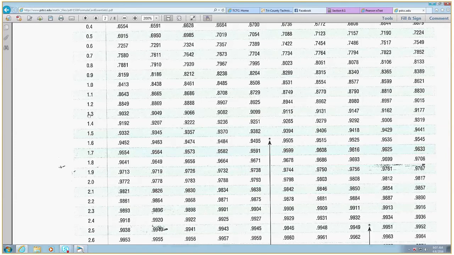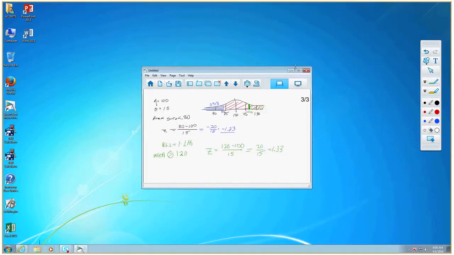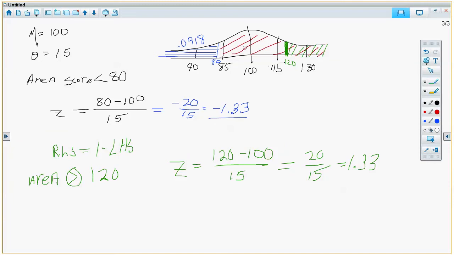So that's 1.3, then 0, 1, 2, 3: 0.9082. But that 0.9082 is not what you want. That's the left-hand side. So to get this green area, we got to take 1 minus 0.9082,